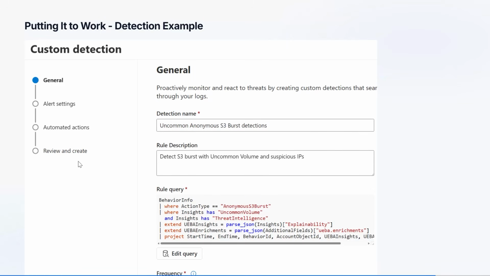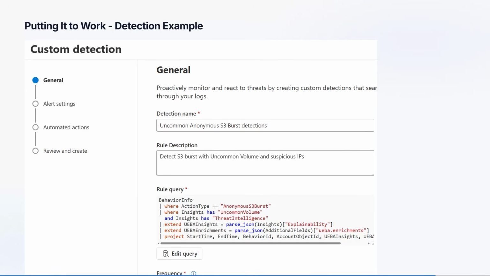This screenshot is taken from the custom detection section in our portal. So we have the rule description: detect S3 bursts with uncommon volume and suspicious IPs. And now we can check how the detection engineer needs to define the query. So how can you do it? We have the BehaviorInfo table, and we filter only on behaviors which are anonymous S3 bursts.